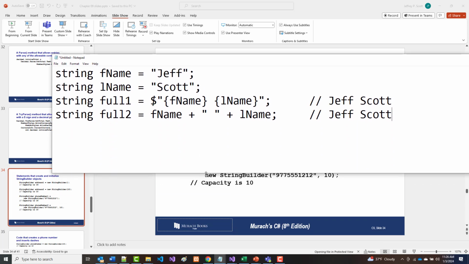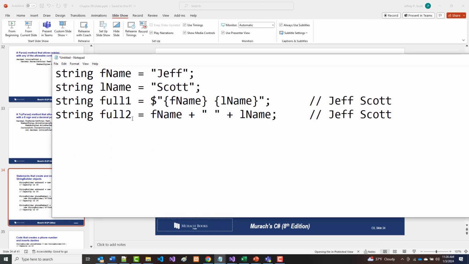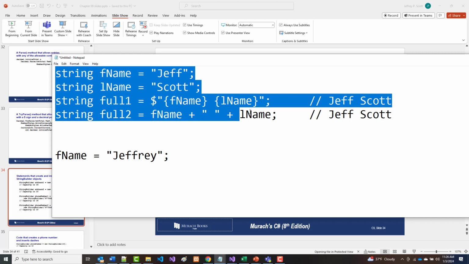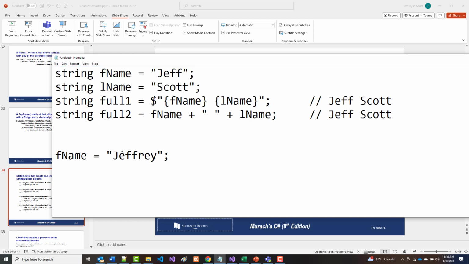Let's say that later on in my program, I change fname. So later on in the program, someplace later on in here, I say fname equals Jeffrey, which is my real full first name. Now, if I've got the stuff like this, these have already been set. So that's not going to change this to Jeffrey Scott or this to Jeffrey Scott. All right, but one thing that it will do is when I do this, someplace in the memory of the